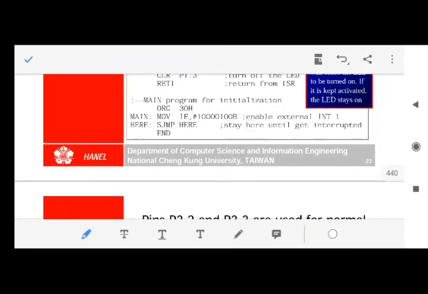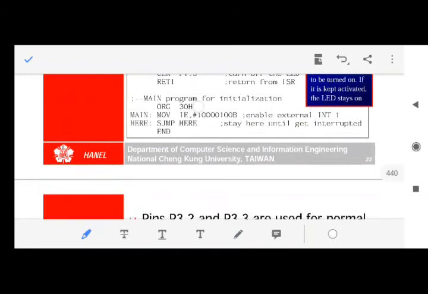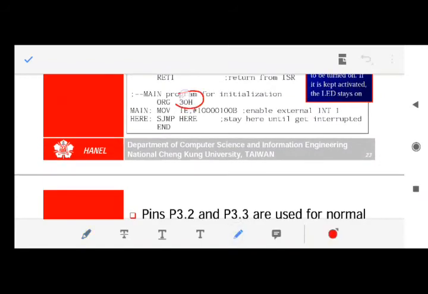First read the main program, that is important. In the main program, we start at 30H. It depends upon you, you can start writing at any line. It should be greater than 23H. Please remember this. So you have written your program from 30H. What have you written? First you have enabled the interrupt. This is the first thing. You have to enable the interrupt INT1.